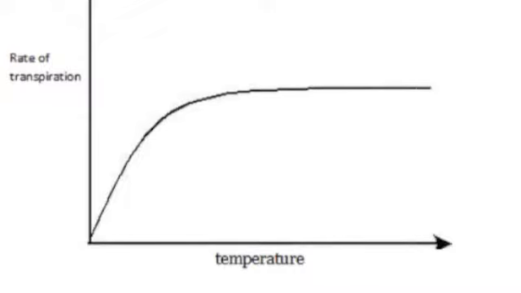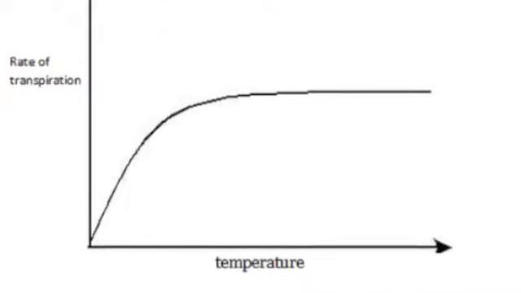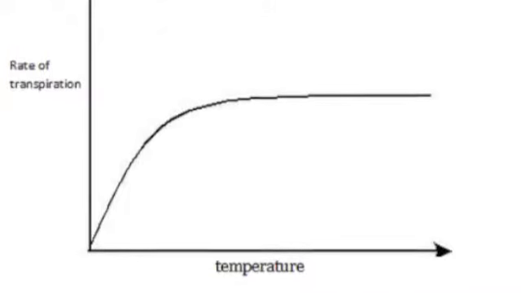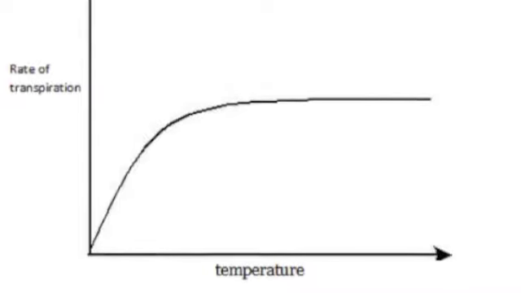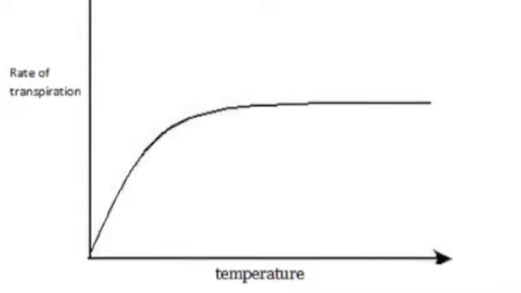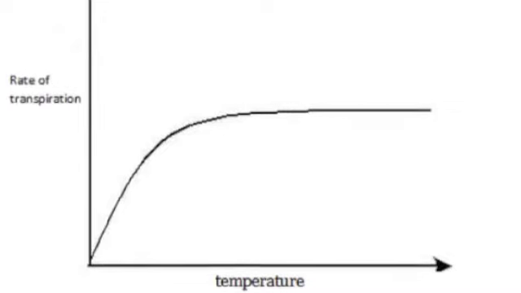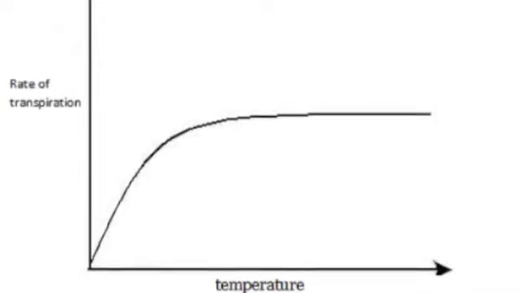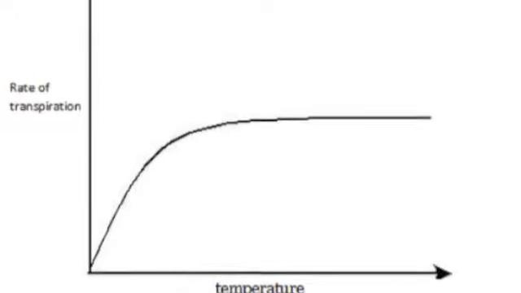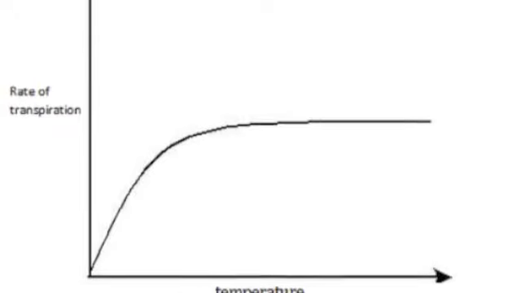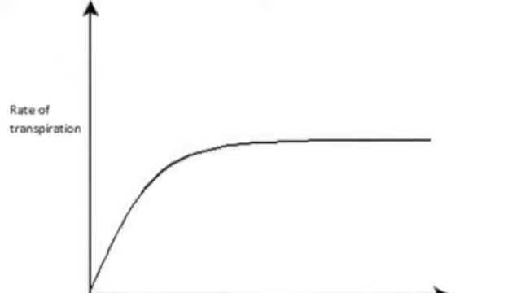Temperature. The leaf absorbs light, and some of the light energy is lost as heat. Plants transpire more rapidly at higher temperatures because water evaporates more rapidly as the temperature rises. At 30 degrees Celsius, a leaf may transpire 3 times as fast as it does at 20 degrees Celsius. The effective evaporation is in the substomatal airspace and increases the gradient of water vapor between the substomatal airspace and